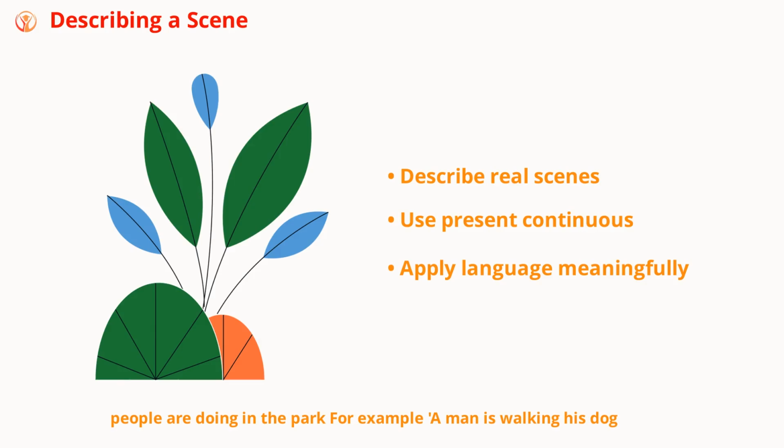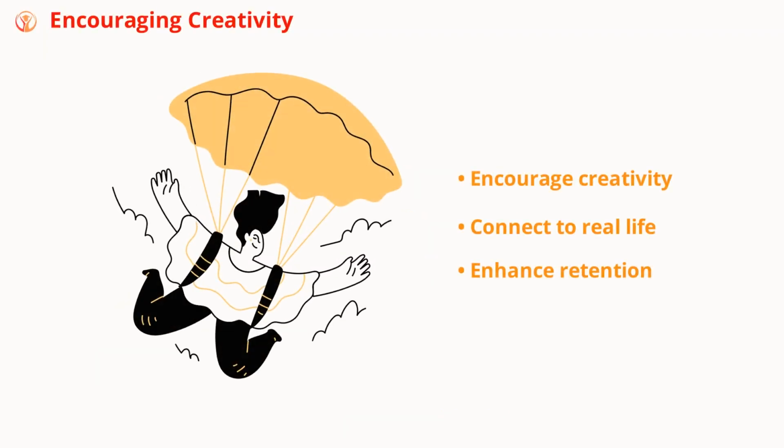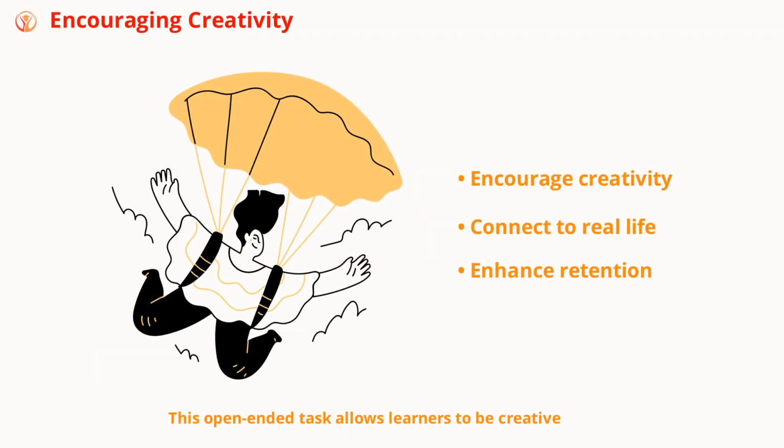For example, a man is walking his dog, 2 children are playing with a ball, and a woman is sitting on a bench. This activity encourages learners to use the present continuous tense to describe real-world situations, making the new structure meaningful and relevant. This open-ended task allows learners to be creative, using the new structure to describe any activities they imagine. By connecting language to real-life scenarios, students are more likely to remember and use the present continuous tense